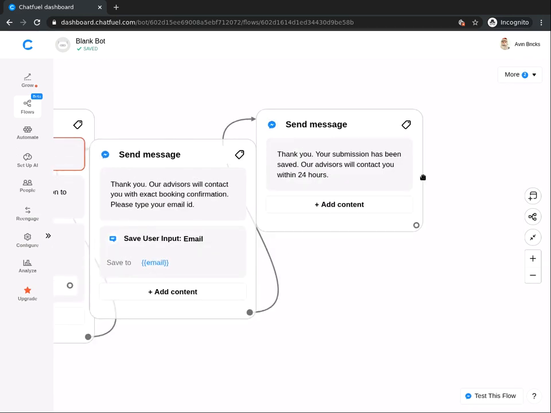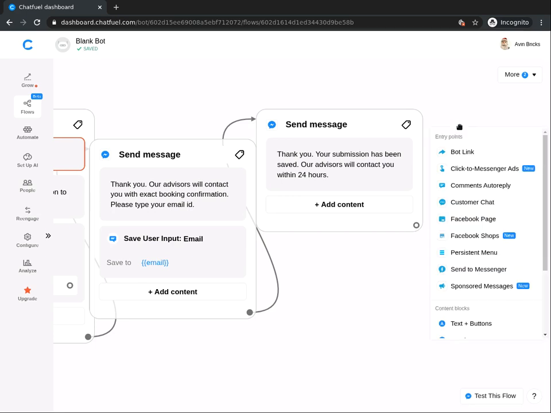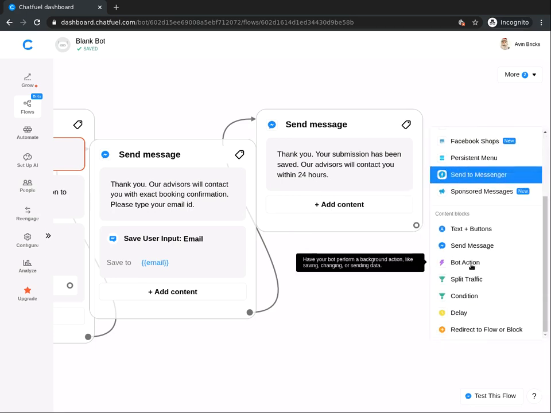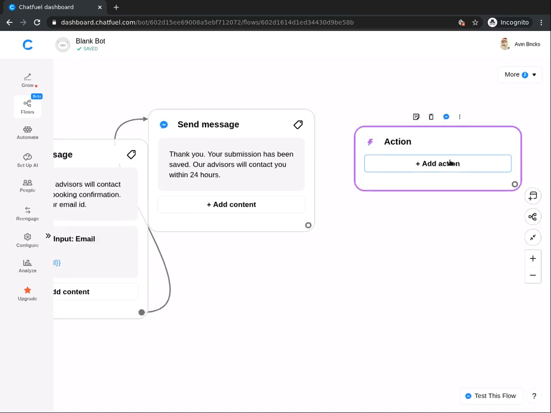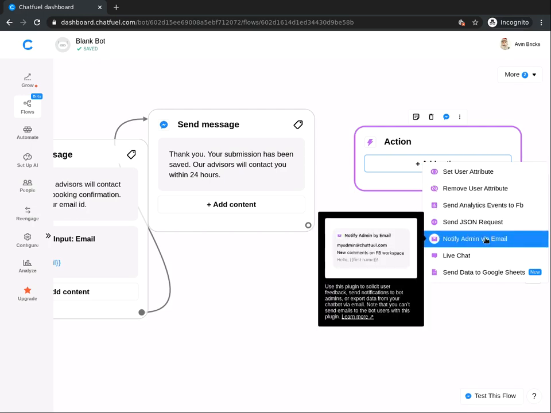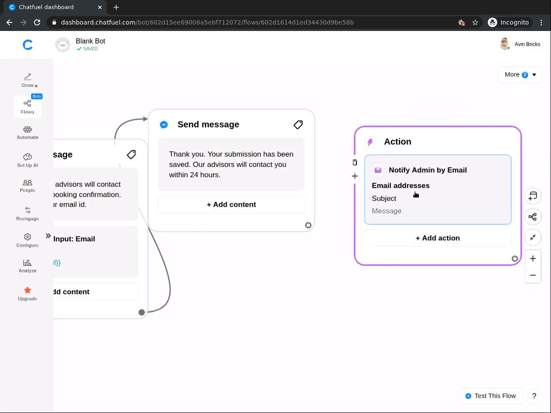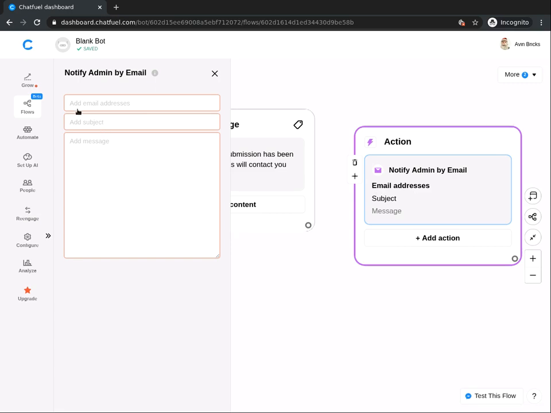Now we are going to notify the admin about the new booking. Remember, this is a hot lead and this is very important. These are the customers that actually want to book a test drive. So they must be prioritized. So we are going to notify the admin through an email. So please right click and please click on bot action and click on add action, and we are going to notify the admin via email. So click over here, and I'm going to mail myself